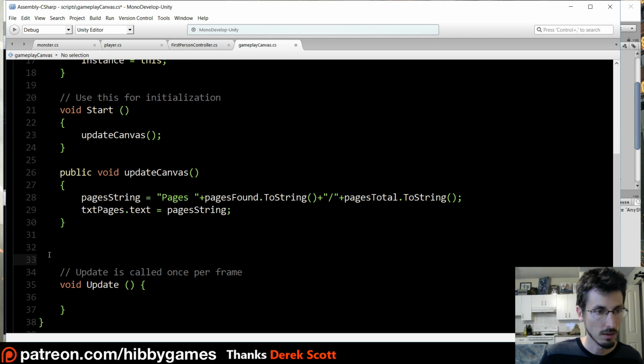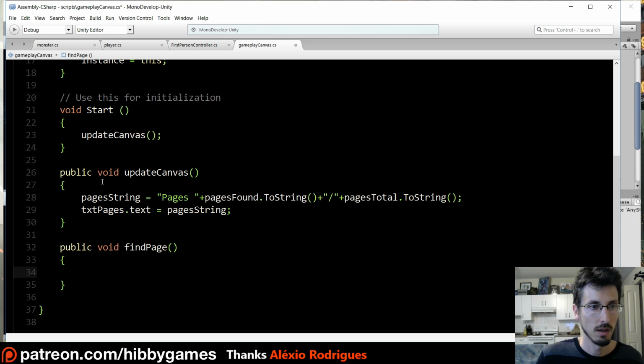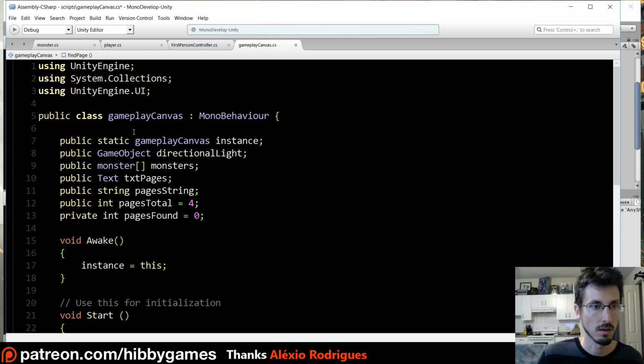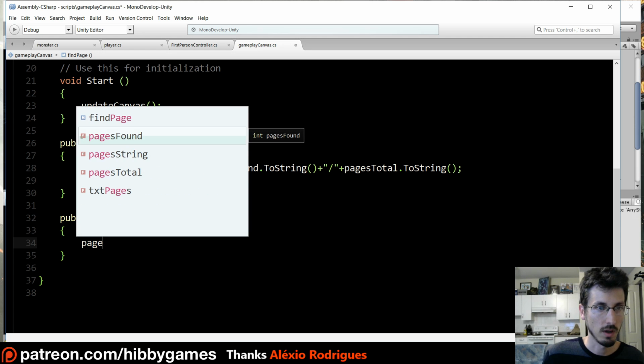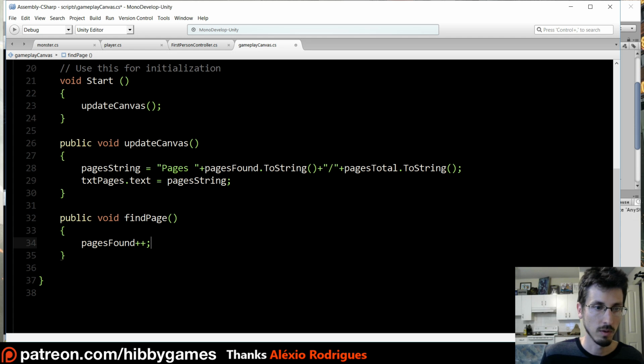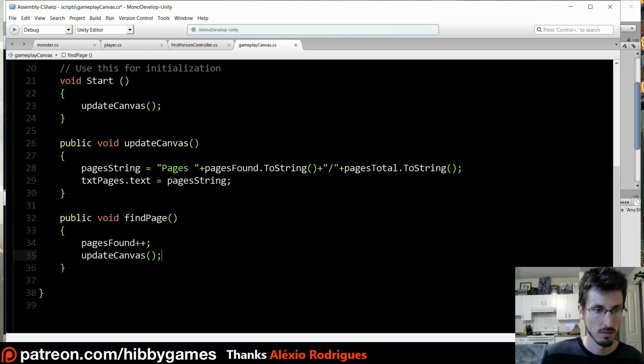I don't think we need this update. I'm going to delete it. And let's add another function, public void find page. So if we find a page, we'll call this, and since it's a static thing, it'll be really easy to call this. Pages found plus plus, so that's like plus equals 1. We're adding 1 to it, and then we'll update the canvas with our new number,